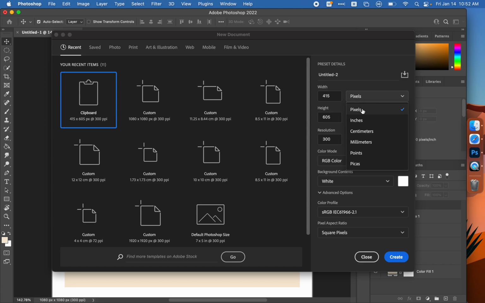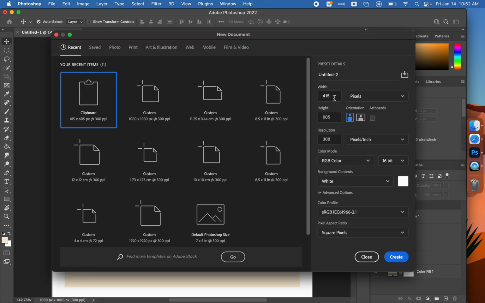and I'm going to change this to pixels for my units, and I'm going to make my width and my height both 1080. So that's going to give me a square file that is the height of a standard HD window. So that should be plenty high resolution. I want to check artboards. That's really helpful in this case, and we're going to make sure our resolution is set to 300 pixels per